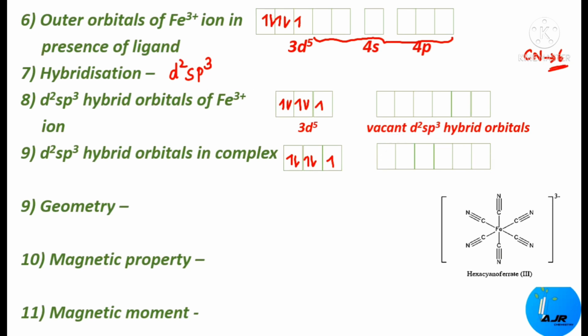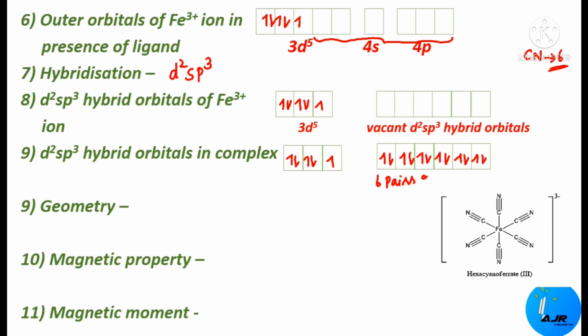This is the lone pair of electrons provided by the first cyanide, this one is the second, and this one is third, fourth, fifth and sixth. So this is how the electrons will be accommodated. So 6 pairs of electrons